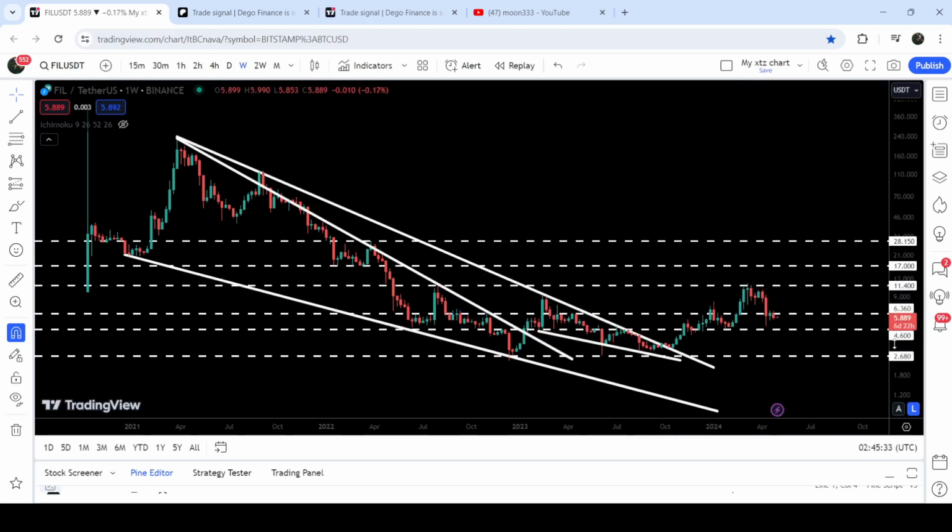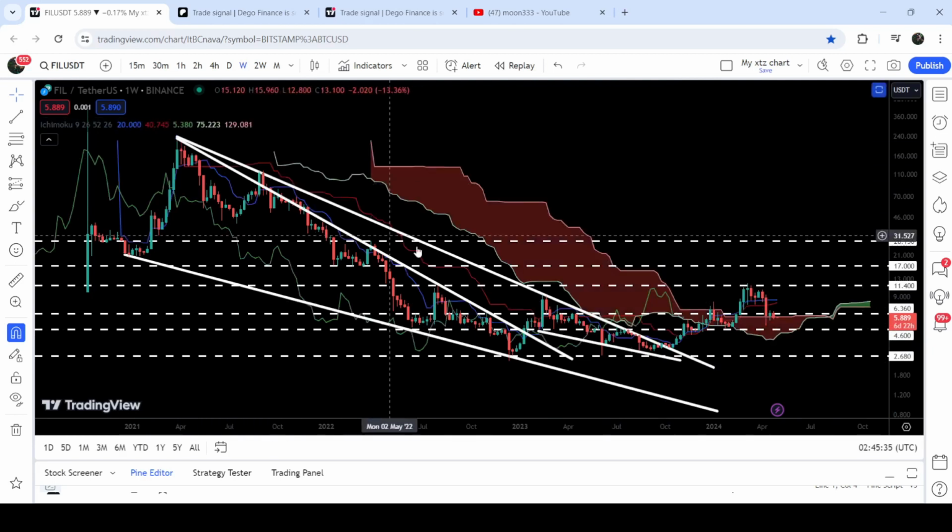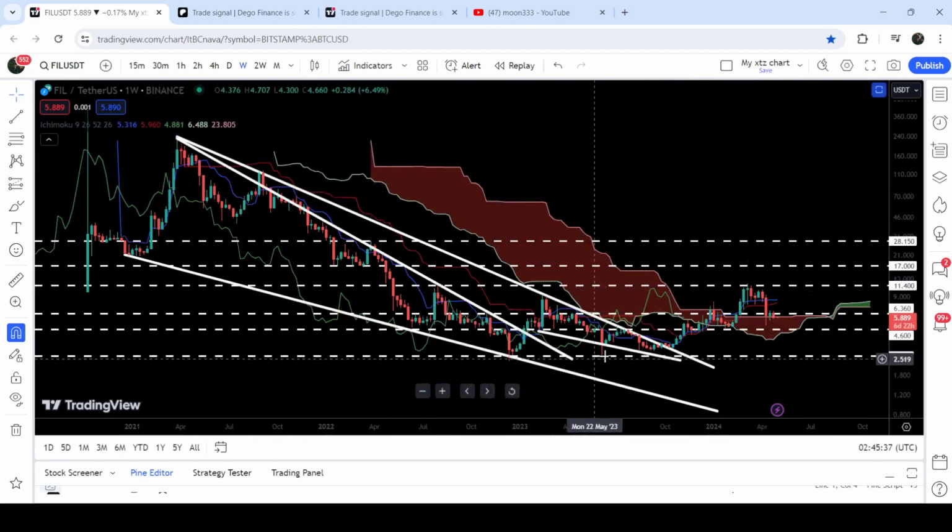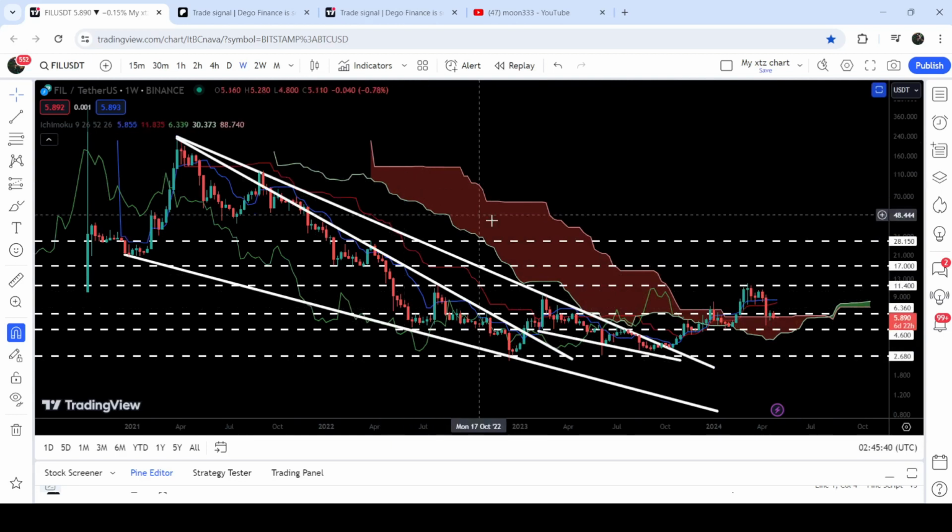and now the next major support will be here at $4.60. At the same time, you can see that during this rally, Filecoin has broken out this very massive resistance of Ichimoku bearish cloud, and right now it is testing the upper bands of Ichimoku bearish cloud as a support. And in case of breaking down this upper bands of Ichimoku bearish cloud, it can drop down to the lower bands of Ichimoku bearish cloud, and at the same time, it will be also testing this long-term support of